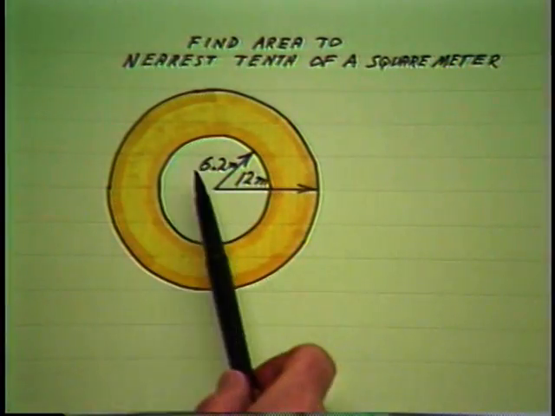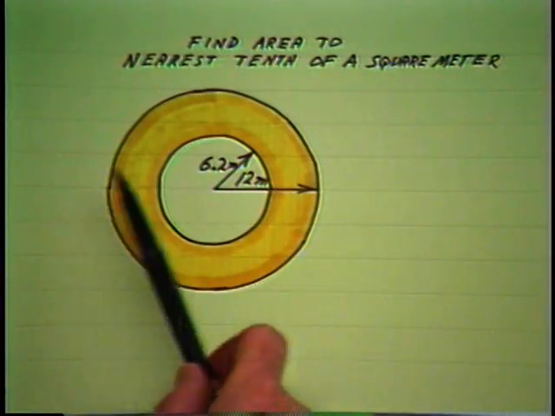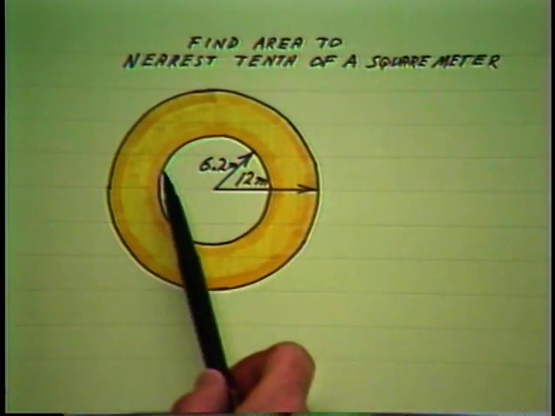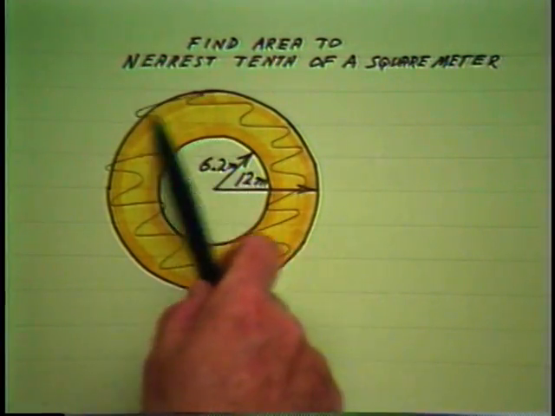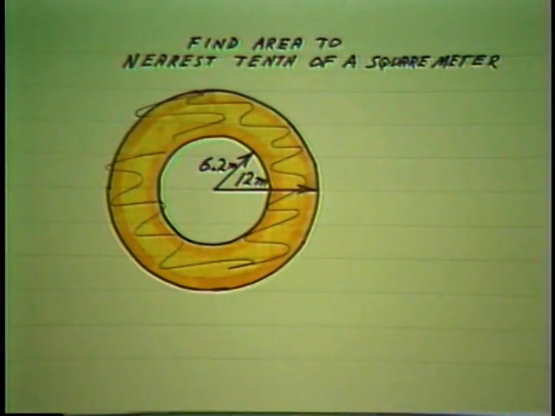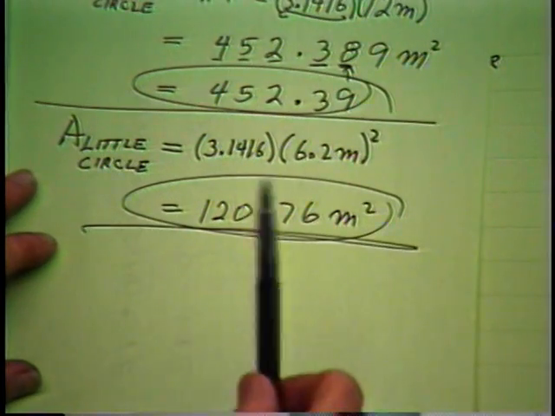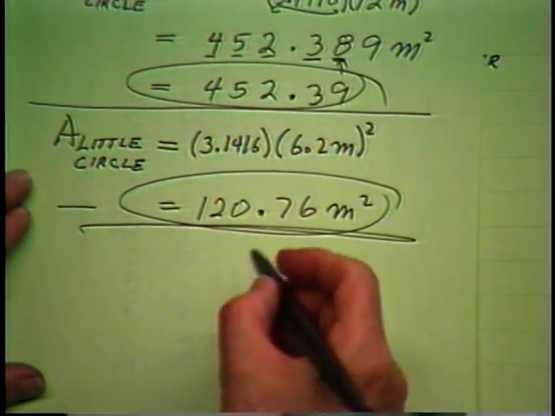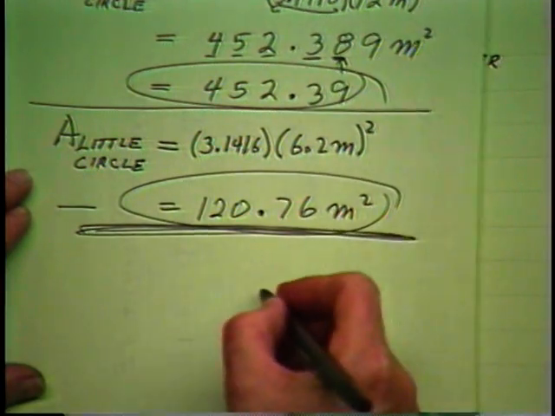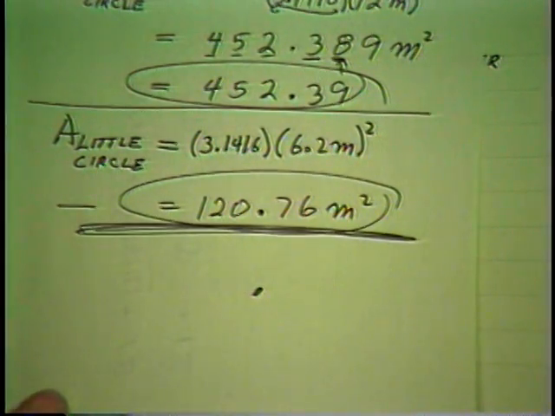Now, the relationship between the small circle and the big circle is we wish to subtract the small circle to find the area of the remaining track. So we wish to subtract the small circle area from the big circle, and doing that we get